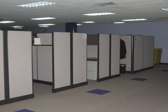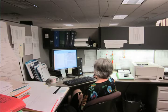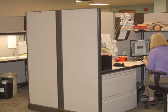We've been in this location for probably close to 20 years. We've had the same cubes, and the cubes led to a very cave-like atmosphere. Yeah, it was dark, everyone had their private little spots. It wasn't entirely productive. So when we were in the process of renegotiating the lease, they made arrangements with the facility